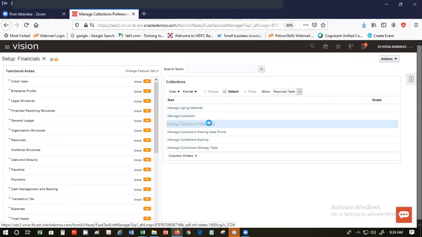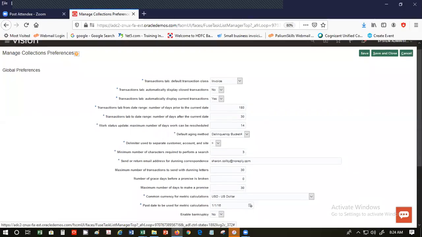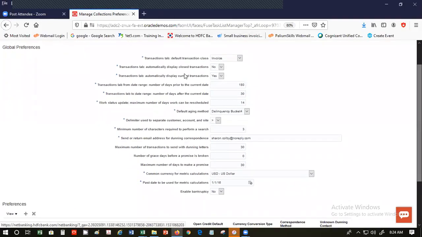And these are the collection preferences that you specify, all collection related. What is the default transaction class? Transactions tab automatically display closed transactions, automatically display current transactions. Transactions tab from date range, transactions tab to date range. Work status, maximum number of days work can be rescheduled. Default aging method,